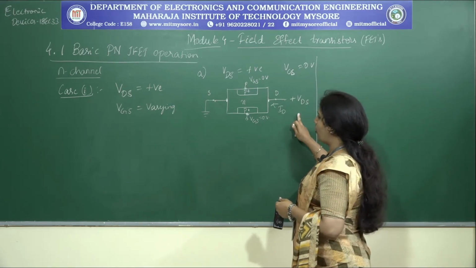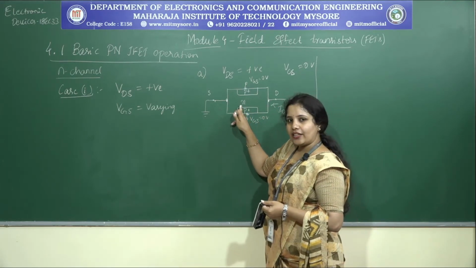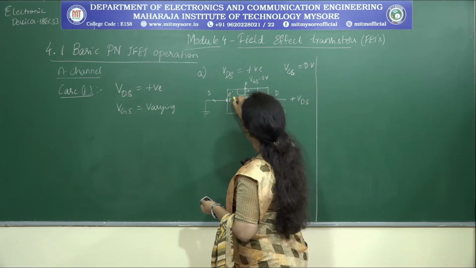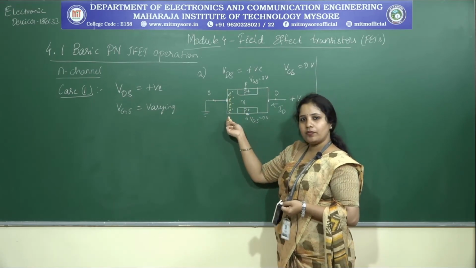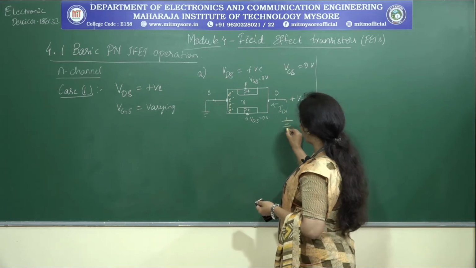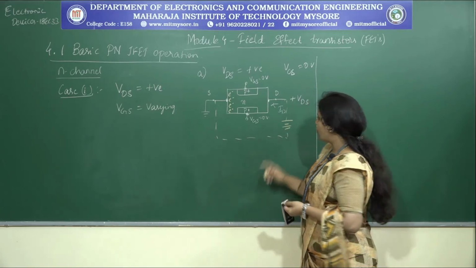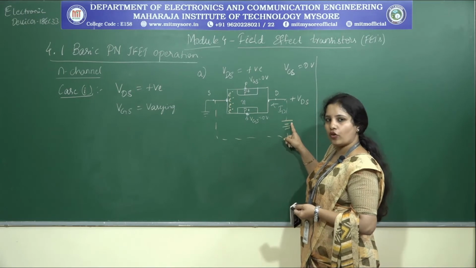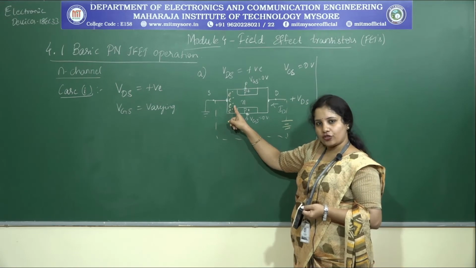Done? Now, when the gate is at 0 potential and I'm trying to provide certain amount of potential across the drain, what is the N channel made up of? Majority carriers are electrons, right? So, whatever electrons we have, these are the negative charge carriers, right? What is the kind of potential that I will be providing to the drain? It is the positive terminal. Only for this case, let me try to write it and explain. So, what is the drain terminal connected to? It is connected to the positive terminal of the battery. The kind of charge carriers that I have here is the electrons.